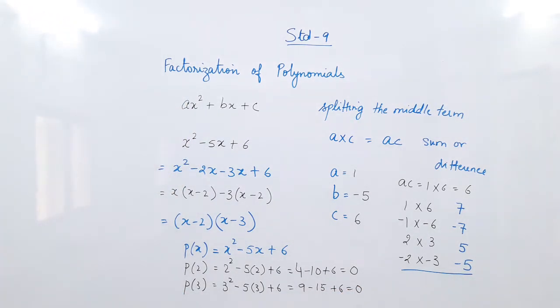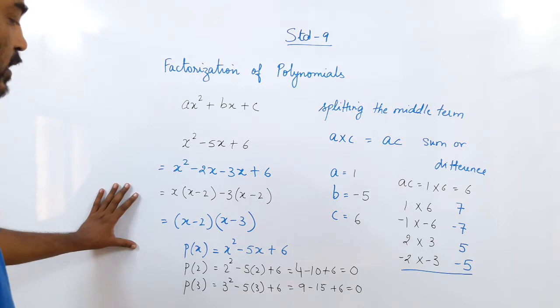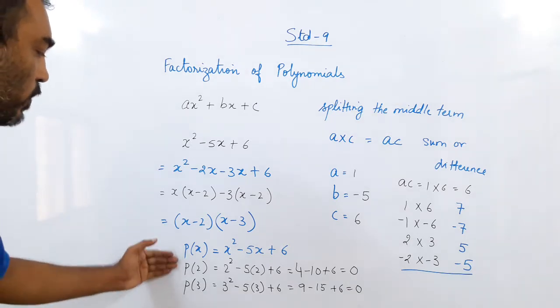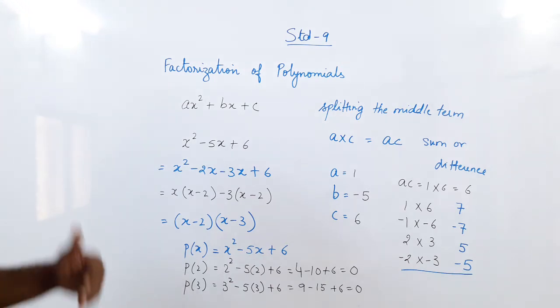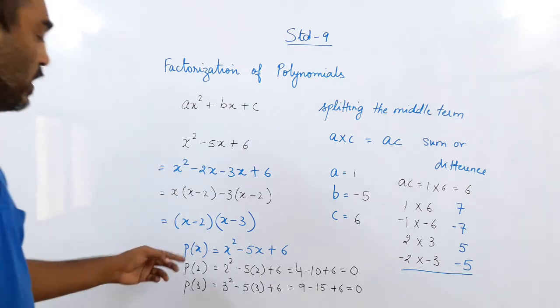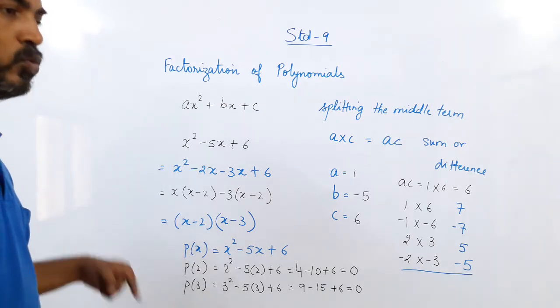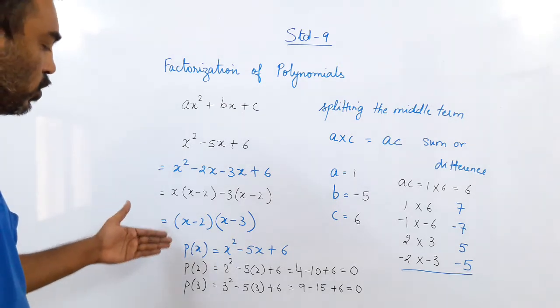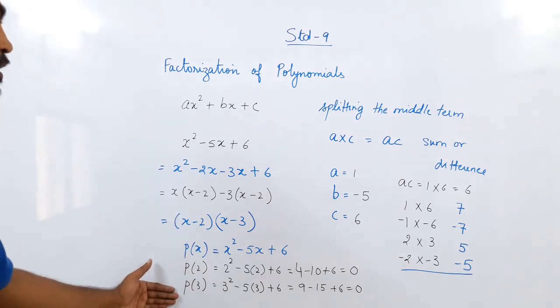So what you can see here, I have used the remainder theorem also. This is the remainder theorem. This was the equation, right? But what is the problem here? What is the problem in this method? I have to keep on checking in trial and error method. I should put here 1, then minus 1, 2, then minus 2, then 3, then minus 3 and so on. There are so many terms I need to keep putting here, making the method very long.